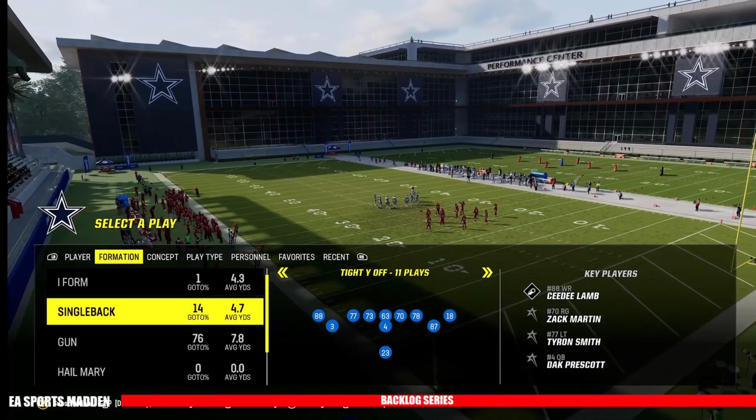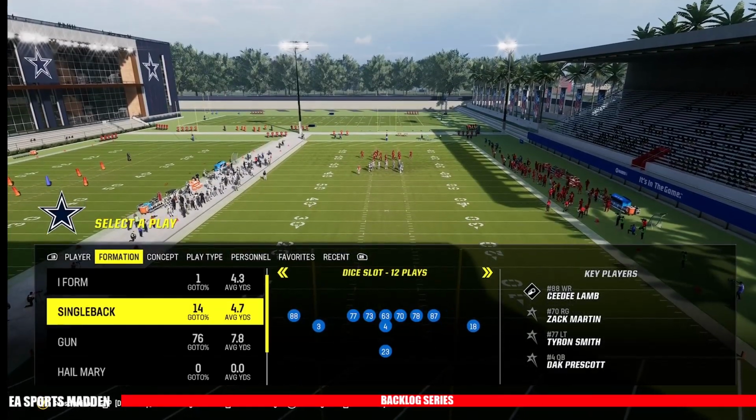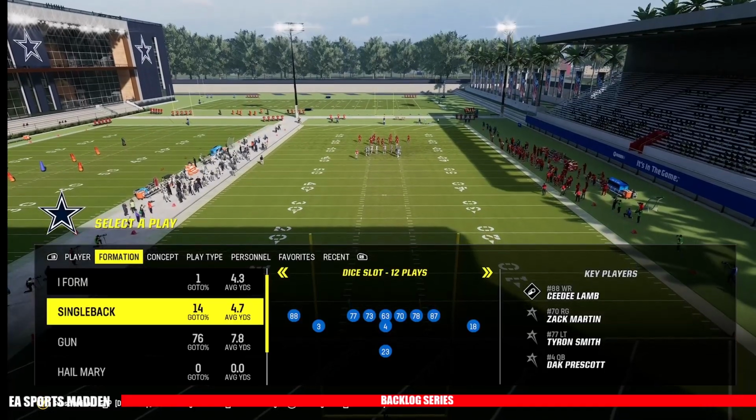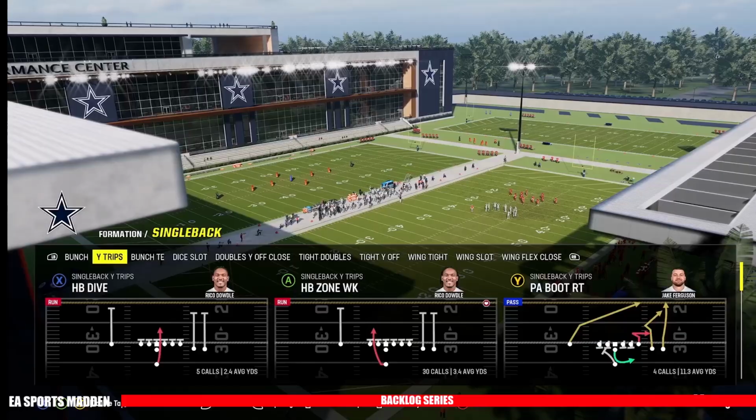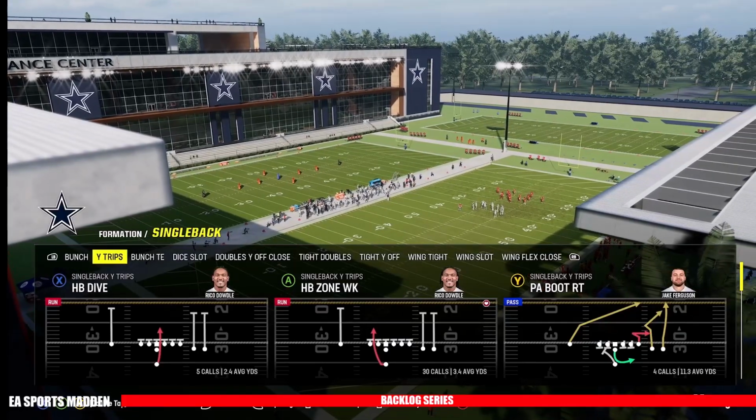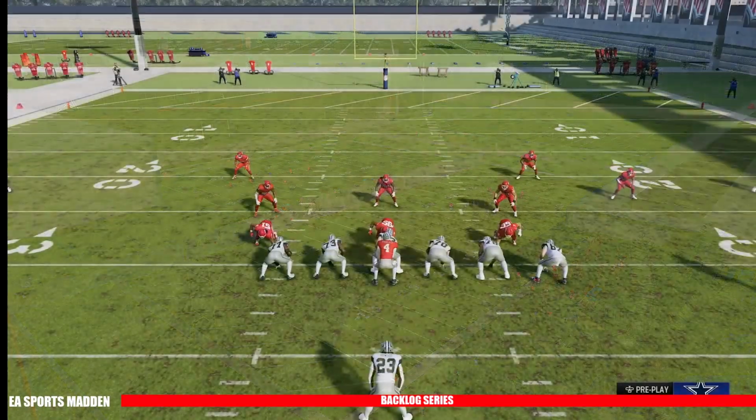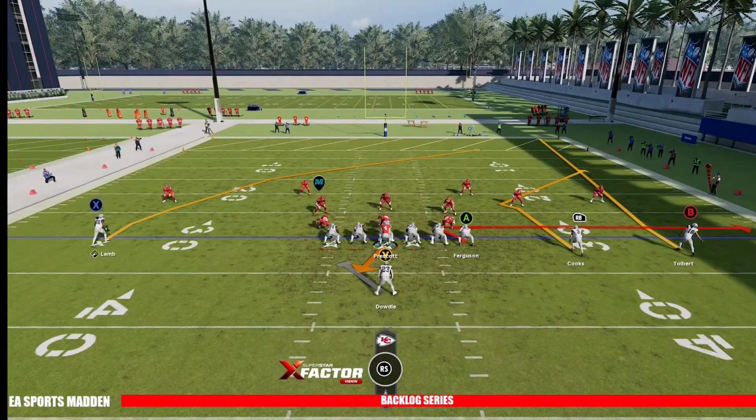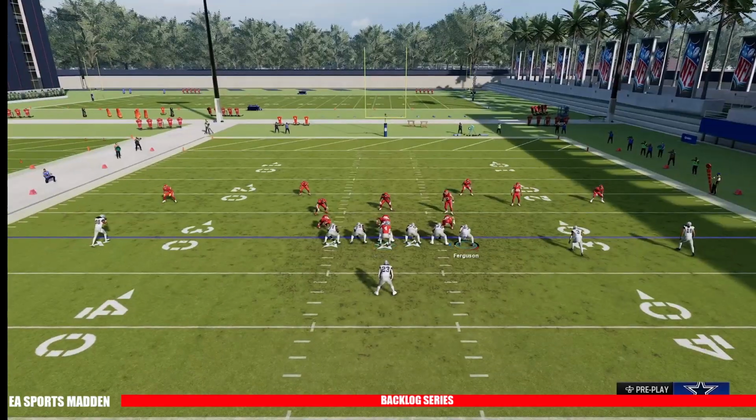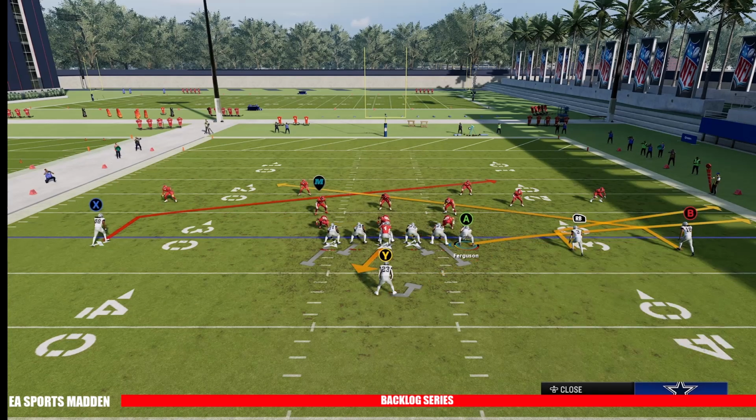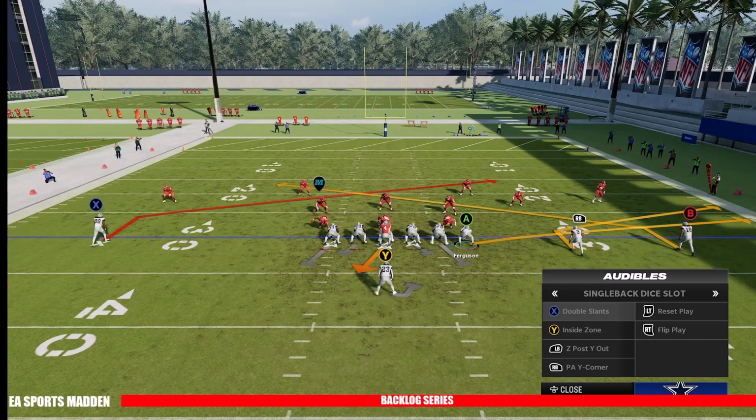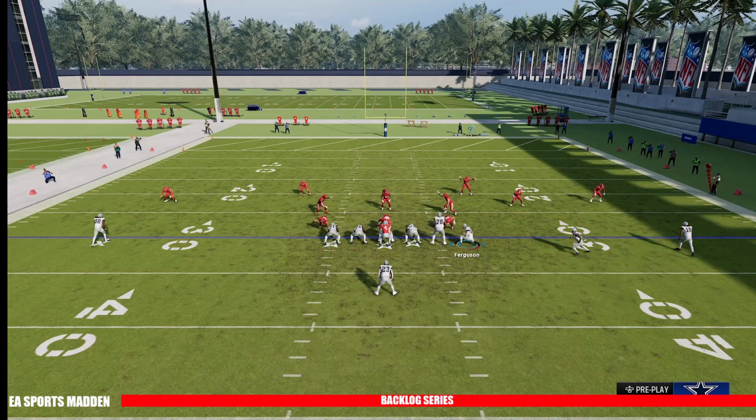So at any point I can call this play right here, or let's call this play right here. It really doesn't matter what I call. I can call a random play. Just for the argument's sake, let's say I want to motion my slot receiver. Well, I can go over to just like that. That's simple. And let's say I want to call a play action. Now I've got this play here,